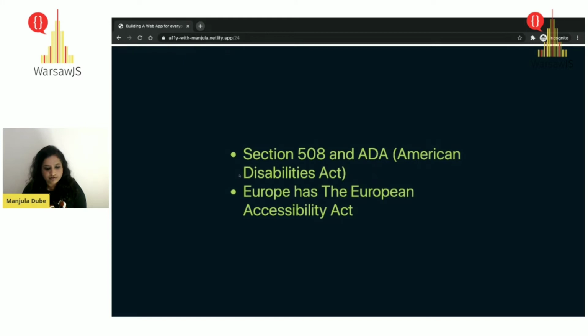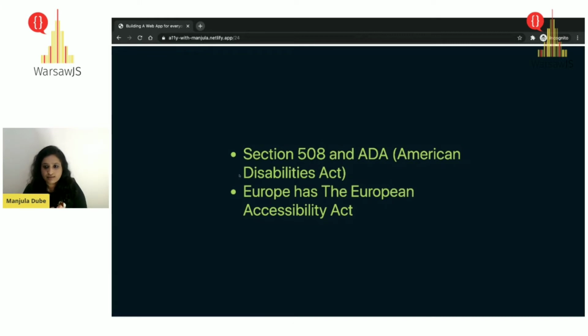A bit about the history of how we got all of these into the picture. So there's already the ADA, the Americans with Disabilities Act, passed in 1990, which is a civil rights law that prohibits discrimination against any individual, and it could be related to information technology, and they make sure that all of this information is accessible by all the people using it.